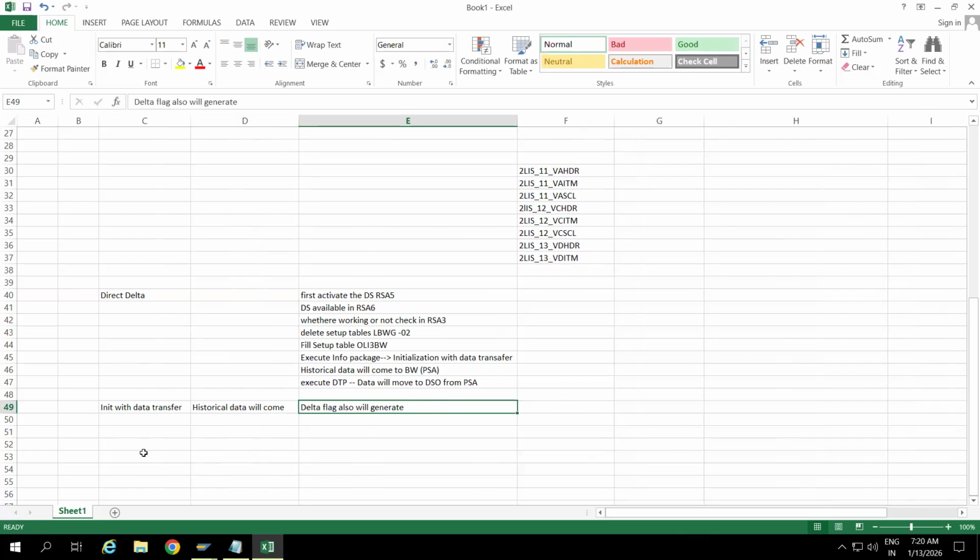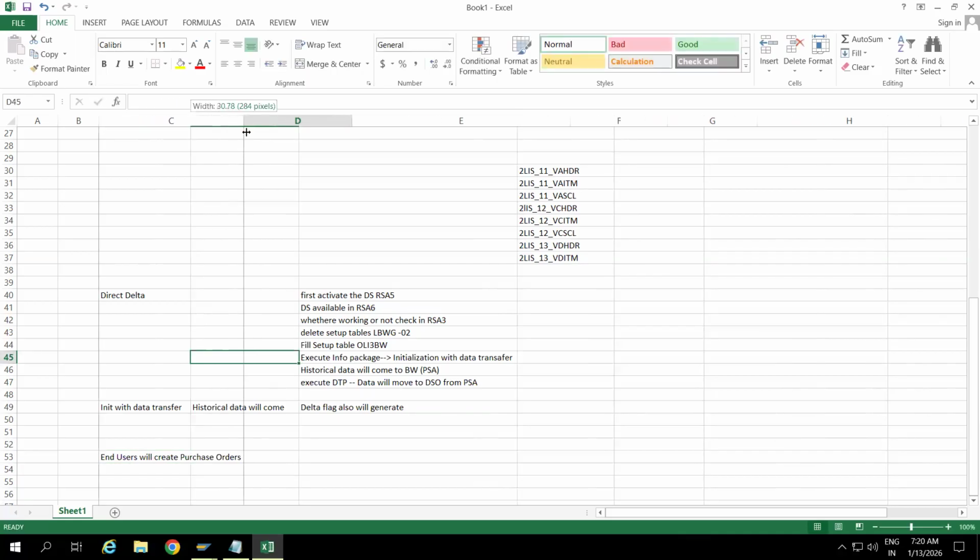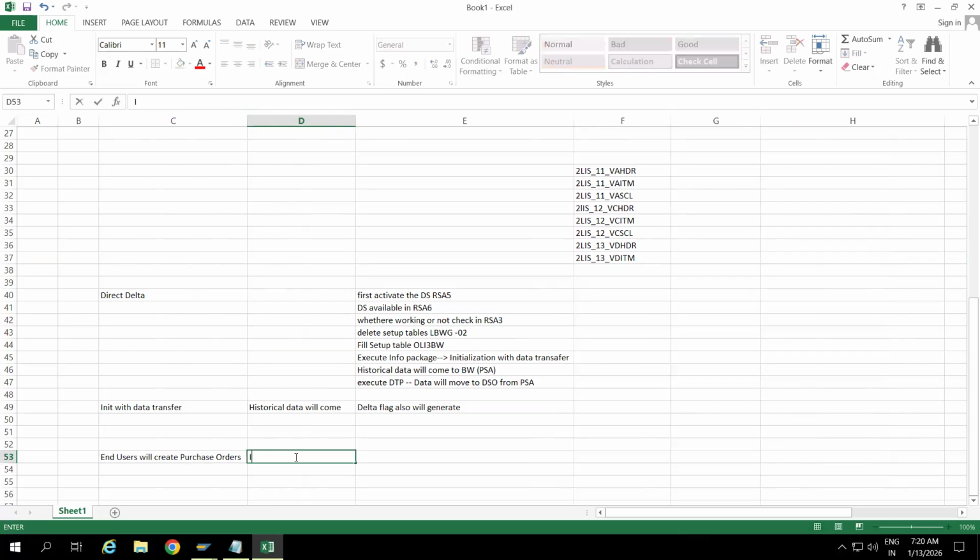So the business users, backend users, I can say end users, will create purchase orders. We are working on purchasing, right? So end users will create the purchase orders, and it will go and sit in the